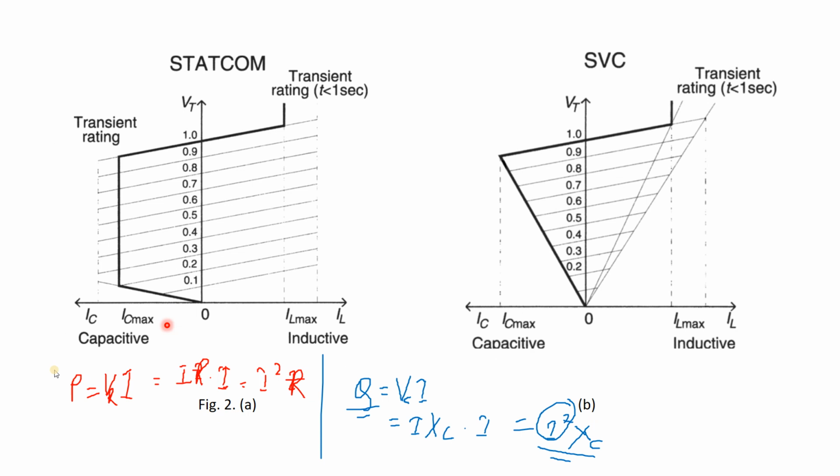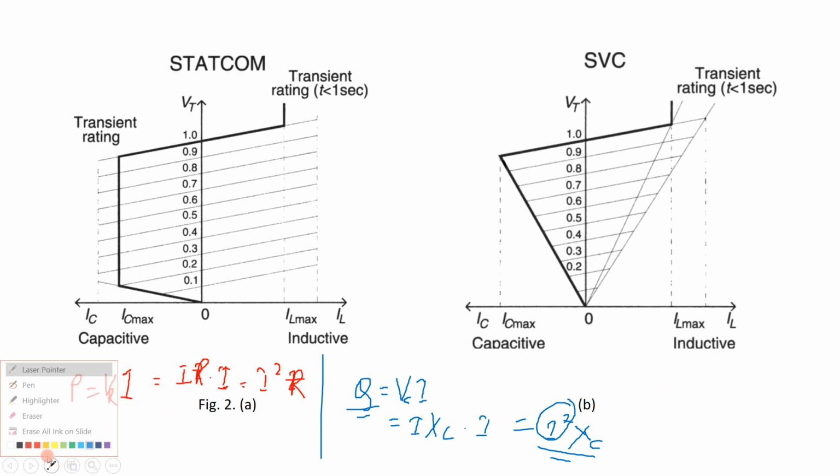Because you may ask that if the current is fixed, then the reactive power will also be fixed. But it will not happen, because if the capacitive current is fixed, that is the capacitive current, but when the system voltage is decreasing, then the line current is also decreasing. Okay, line current. So I am not bothered about the active power, but for the reactive power, because the system voltage, if it decreases, the capacitive voltage will also decrease.